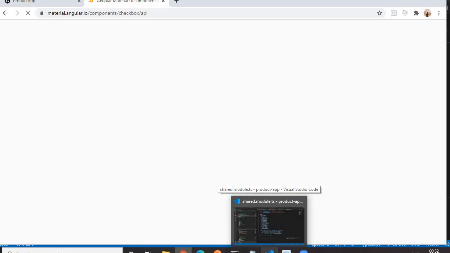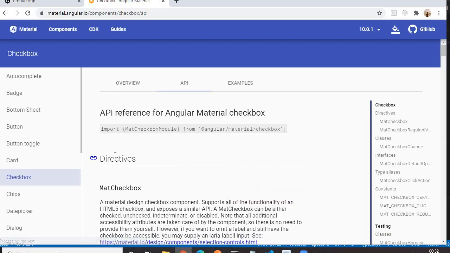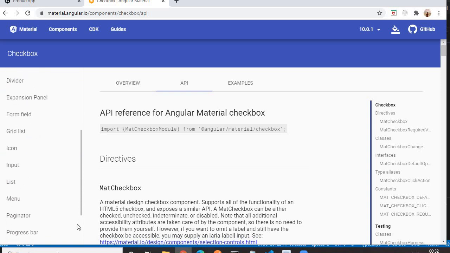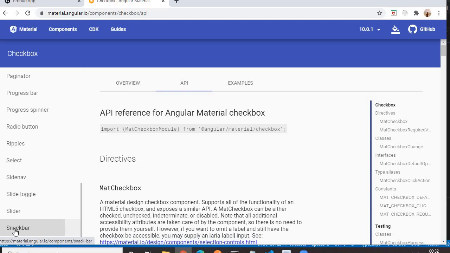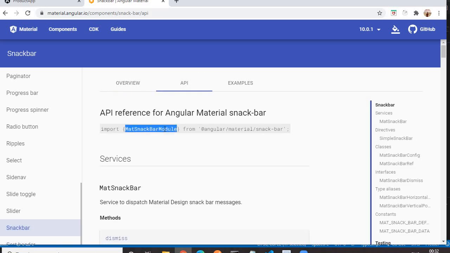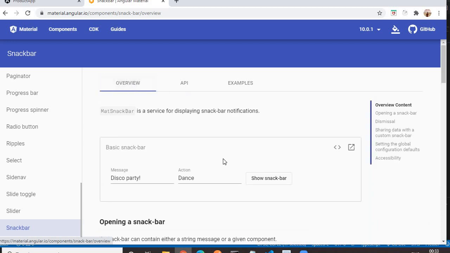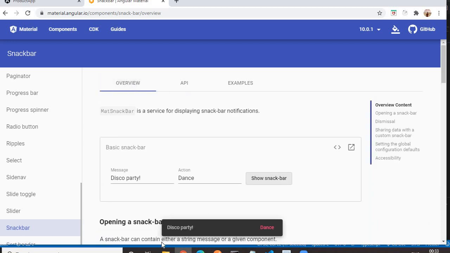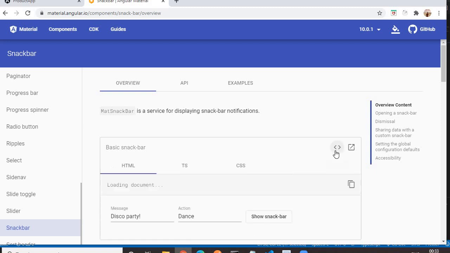In the Angular material also we will find the same code which is loading. Okay, it has come. So we'll go to the snack bar component. Let me see where it is, yeah, this one. So we'll go to the API section. This one, we have to import this module. Then we'll see how it looks on click of this button. This is the snack bar that we are getting. This is the button. So for that the code is